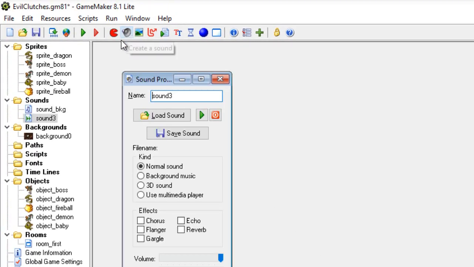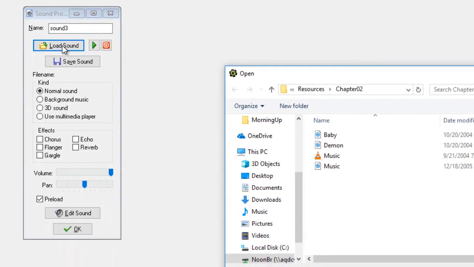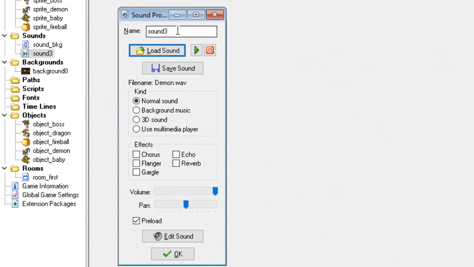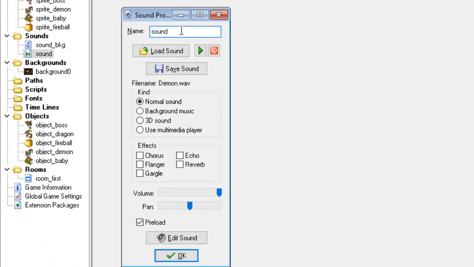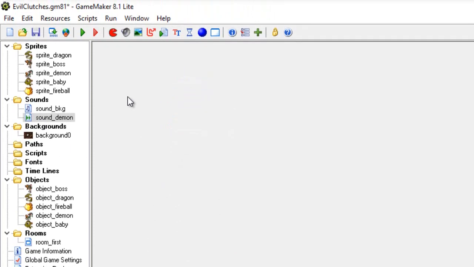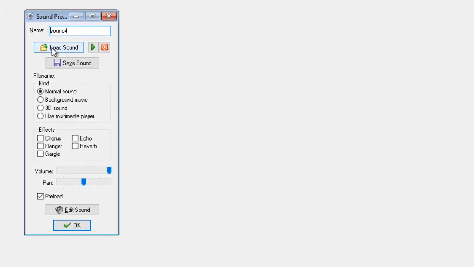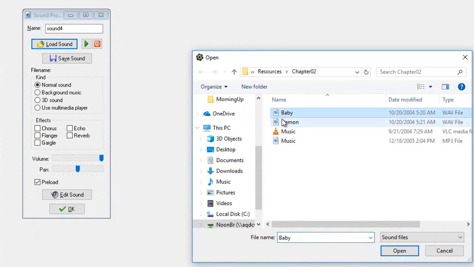We come in and we load our sounds, and we start with our demon and open it, and we'll call this sound underscore demon, and we want it to stay normal. We'll hit OK, and then we'll bring in our sound for the baby dragon,